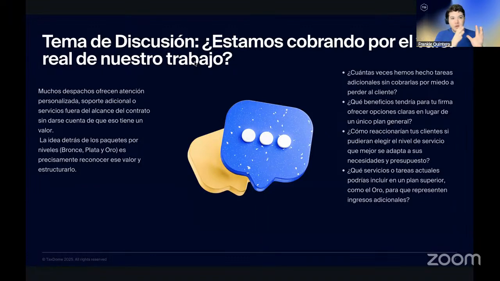Ahora, si Antonio tiene una estructura y dice, yo hago esto, pero aparte de hacer esto, te puedo ofrecer esto y esto, yo voy a decir, bueno, Antonio no solamente ofrece el servicio, tiene diferentes niveles y si estoy buscando, tengo una situación complicada, lo ofrece en su plan dorado, entonces él es un especialista en ese tema. Entonces no solamente es para que tú puedas cobrar más o para que administrativamente todo sea más claro, también es para que tu misma firma pueda llegar a tener una comunicación más clara y así formar un nivel